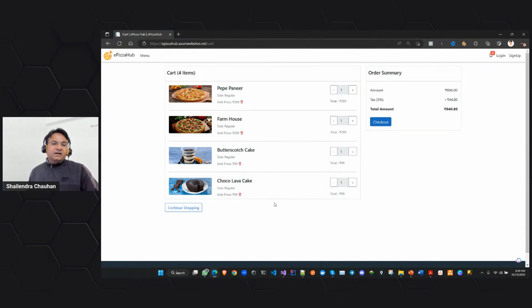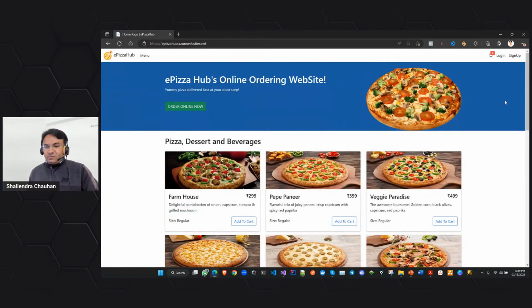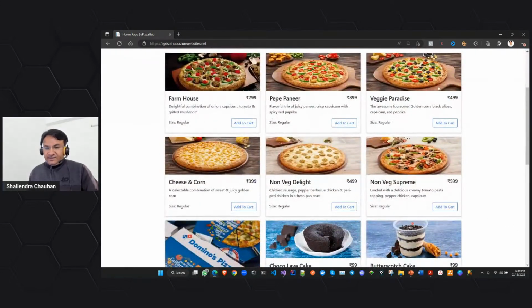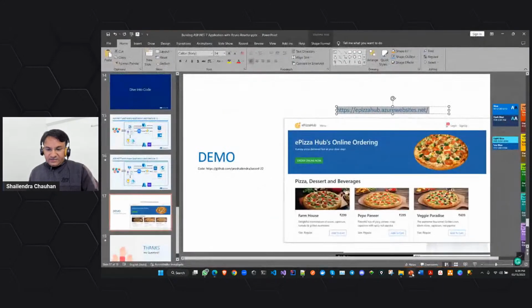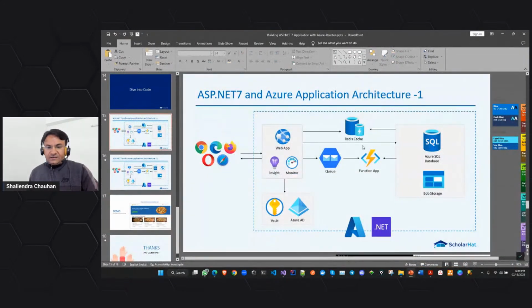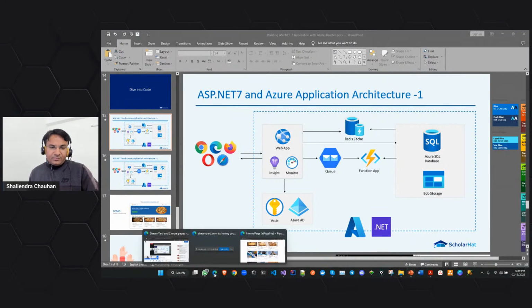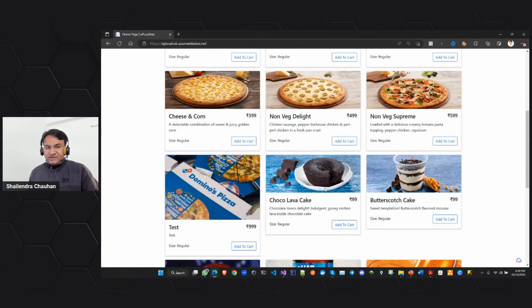Right now this cart data I'm storing in my Azure SQL database, and when it comes to accessing the home page data, this item list is actually from the Redis cache. As I have shown here, I'm just following this architecture. As per this architecture, the common things we have, I just keep in this Redis cache. So this home page item listing is coming from the Redis cache. Other data is coming from the